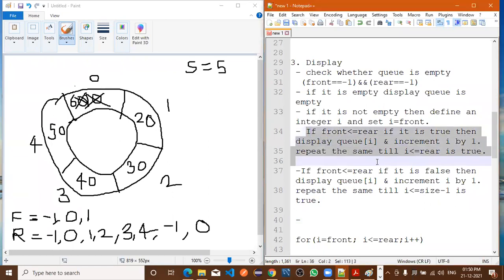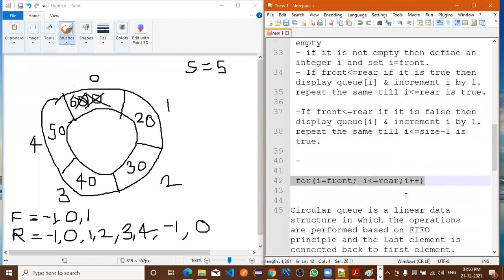Now, if front is less than rear, which for loop do you require? So this for loop you need to write. Now, if front is greater than rear, or if the condition is false, then at that time you need to use two for loops. One more for loop you need to use.